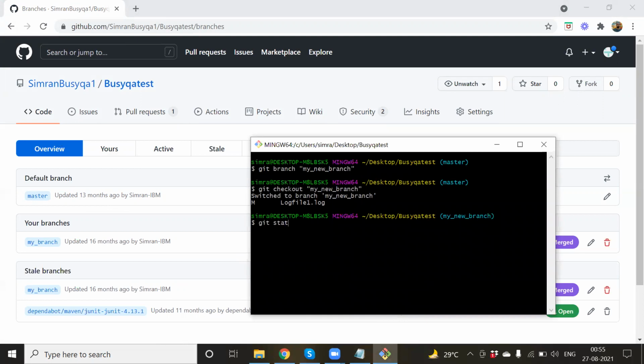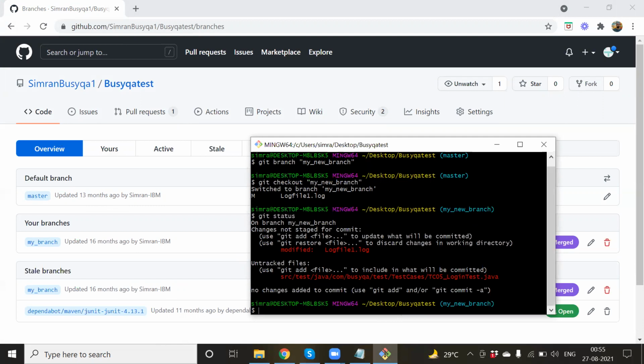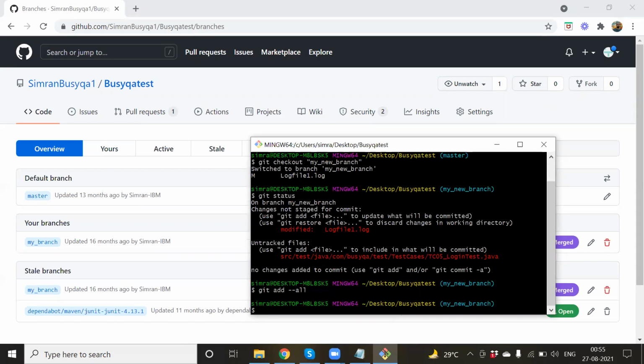So first of all, I want to check the status of this. I know I've modified one file and I have also added one new file. Okay, so these are not tracked actually. If they compare with the global GitHub repository, these two files are different in the local basically. So what I want to do is add all these files,